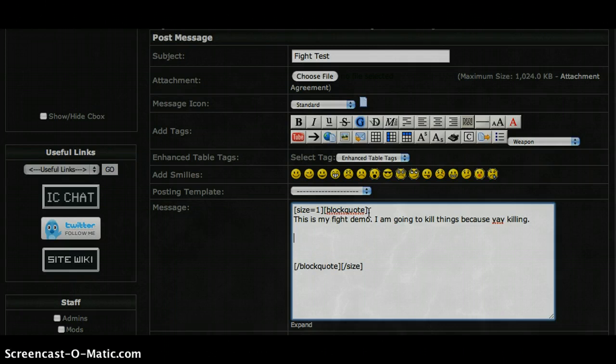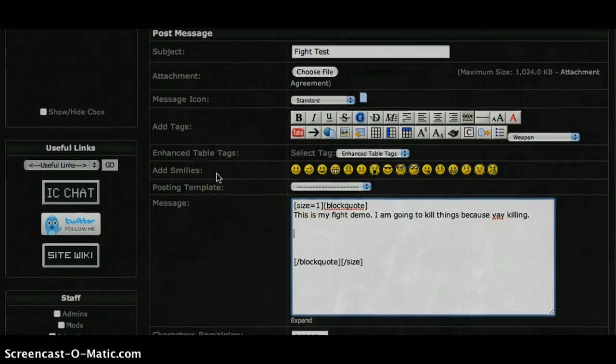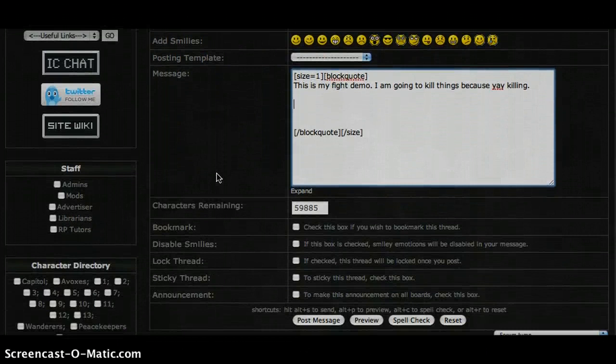So I have my post written, and at the bottom of the post, before I go to submit my post, I am going to put, first off, who I'm attacking. It's very important that you say who you're attacking, because otherwise we don't know who you're attacking, and it's going to be a miss.